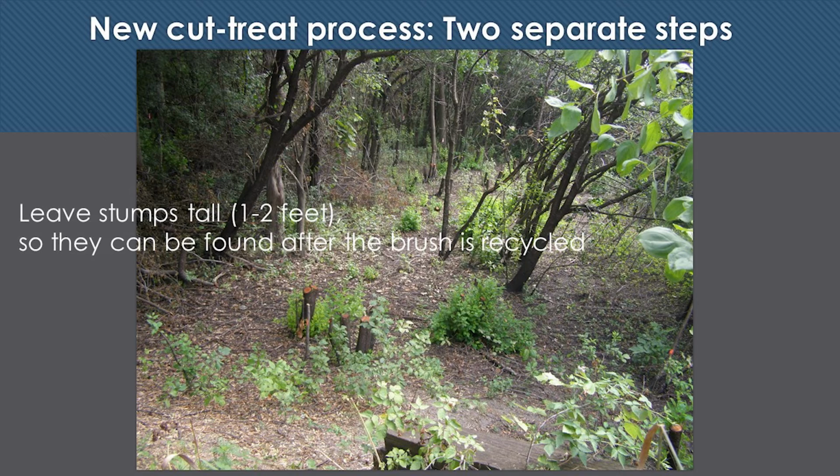You're going to get your brush to wherever you want it to go, but you're going to leave the tall stump because, what? You might be cutting in the wintertime when it's below freezing, and you can't treat below freezing. That's one good reason. Or maybe you have some help in the summertime when you're not supposed to be stump treating, but somebody's coming in town to help you work in the yard, and it's not the right time to be cutting and stump treating. So you cut and leave the stump this tall so that later in the fall you can make the final cut and treat. Does that make sense? If you're cutting at the wrong time for treating properly.